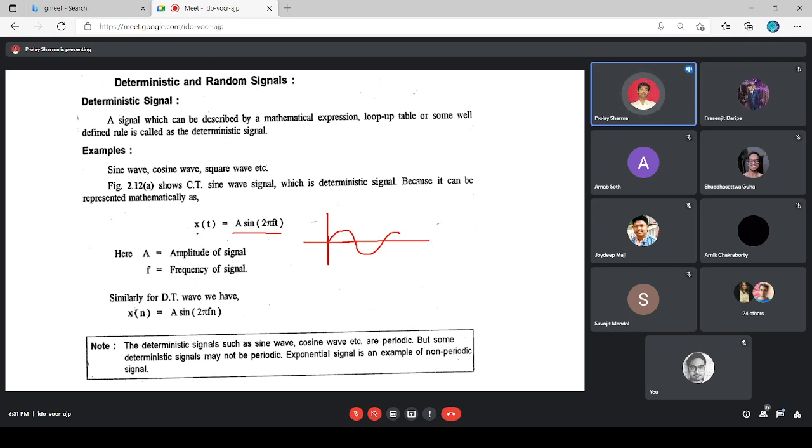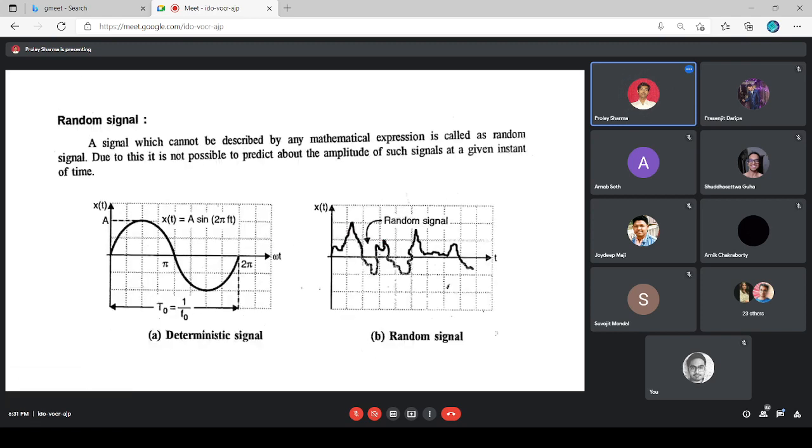So the sinusoidal expression is A sin(2 pi f t), where f is the frequency and A is the amplitude. For different values of t, the amplitude will change according to this mathematical expression. And random signal means a signal like this, which is varying abruptly. So this is called a random signal. There should not be any mathematical equation to represent the signal. So to represent the signal, the probability distribution function is used.